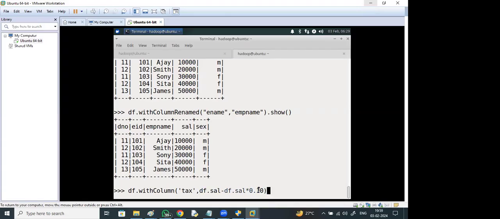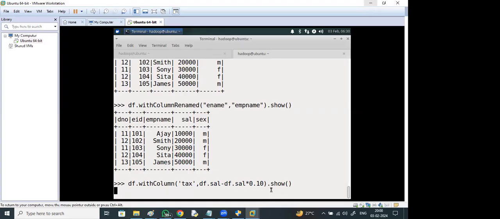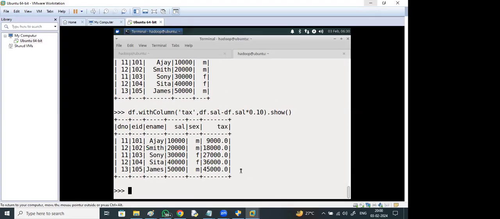From the salary, 10% of the salary deduct, dot show. What is that value? df dot salary.